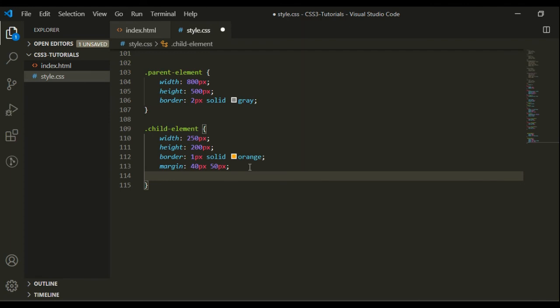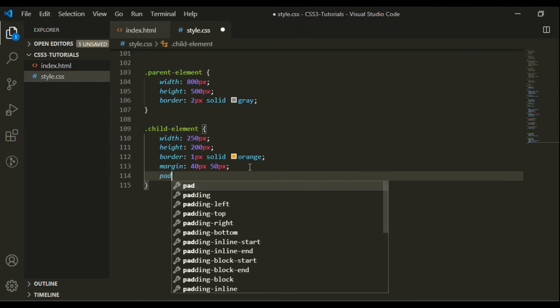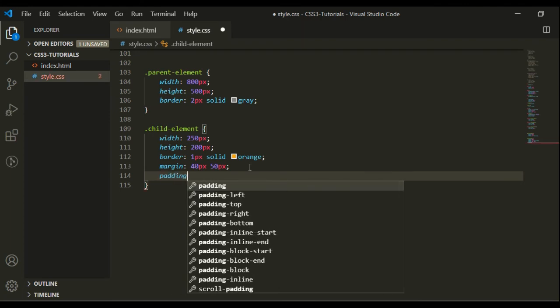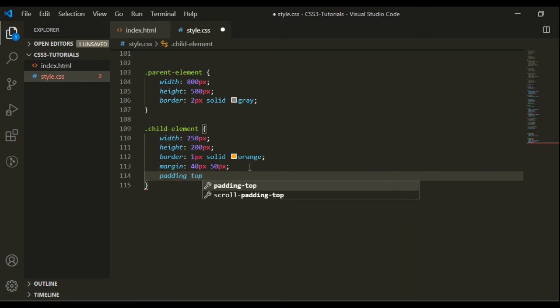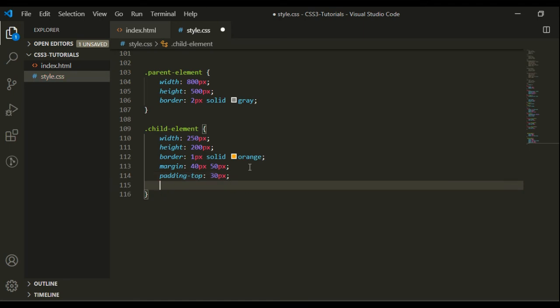Same as the margin, we can use padding. First we will add the property padding top 30 pixel, padding left 30 pixel.